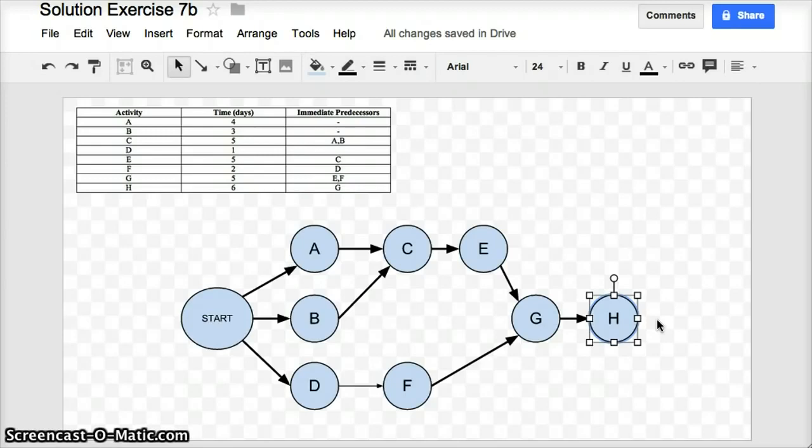Before I go on to that, just to make it easier for me to quickly access the different estimated durations of all the different tasks, I'm going to put in a little subscript at the bottom of each of these different tasks that shows the estimated duration of each of them. And looking at my work breakdown schedule table, A has an estimated duration of 4, B has an estimated duration of 3,